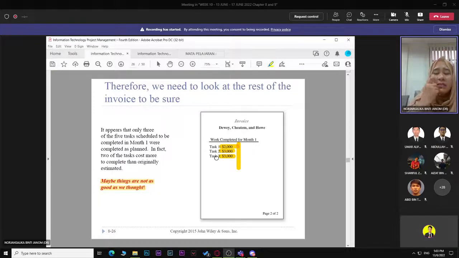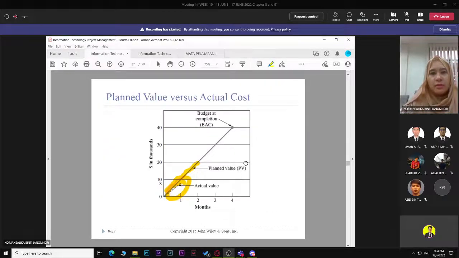My programmer is sick. They need to hire another programmer, and that programmer charges more, for example. Those are the problems that might lead to this. But whatever problem they have in their company, of course it will relate to you. This is how it relates. So you know there is a problem now in month 1. You can see it has diverted from your plan. The difference between the dotted line and the solid line is your